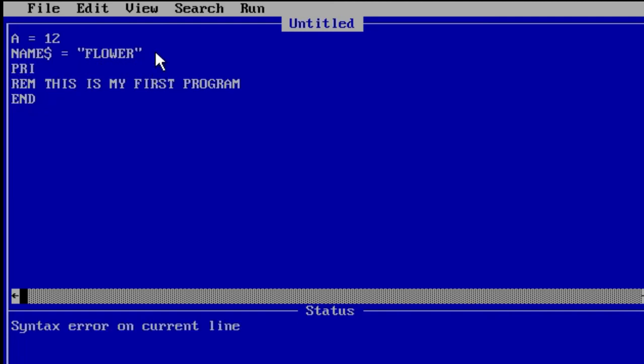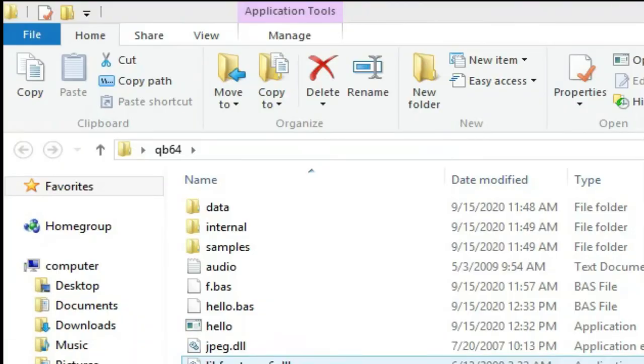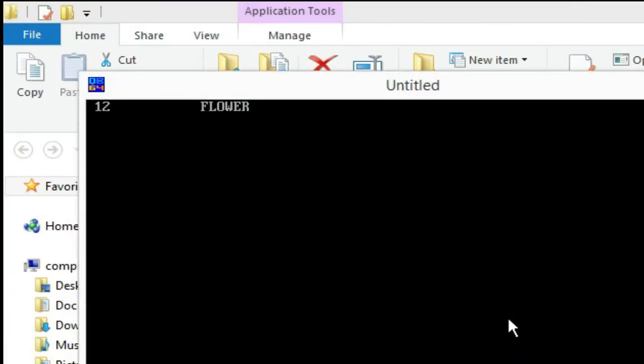Here you have to write print a and then name$ to print, and then I have mentioned rem. Now click on Run and then Start. Look at the output. Only the values of the variables are displayed, but the rem statement is ignored by QBasic.